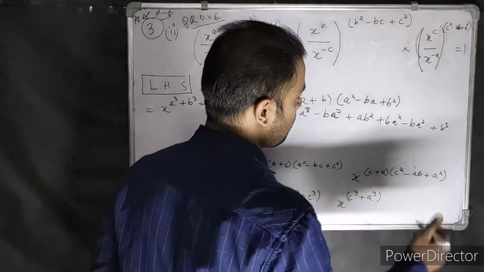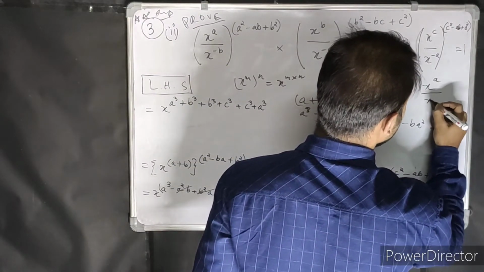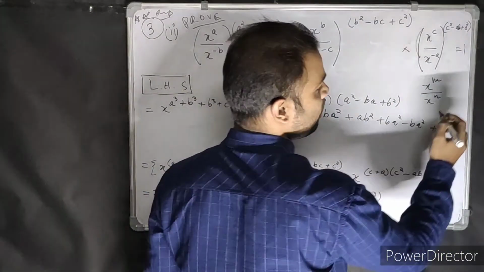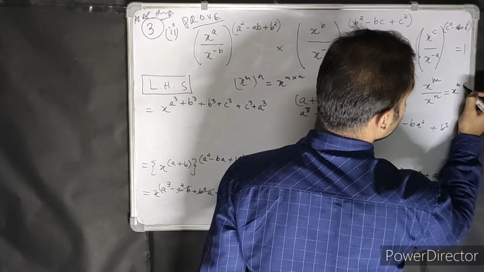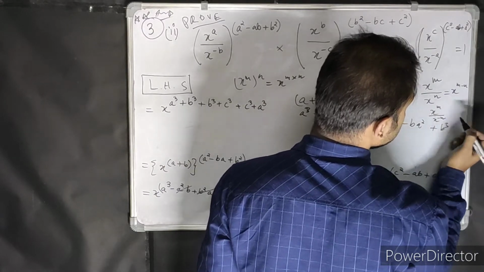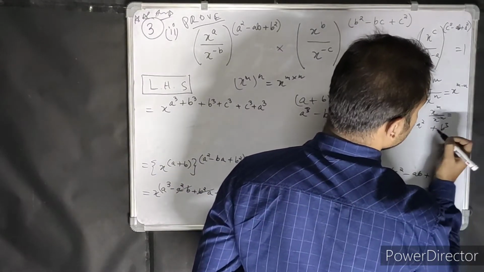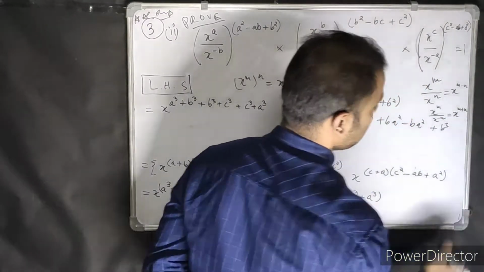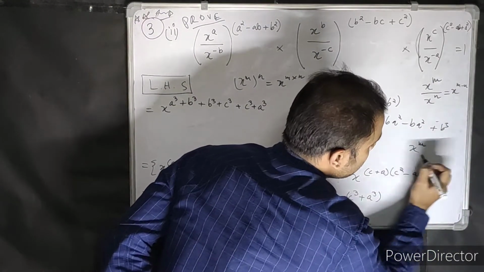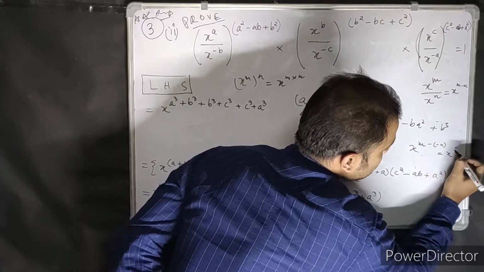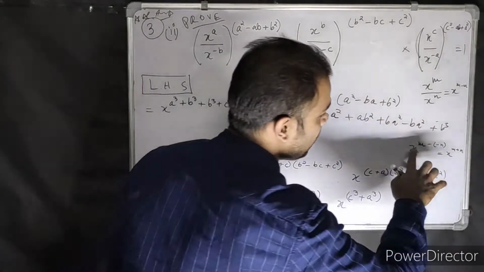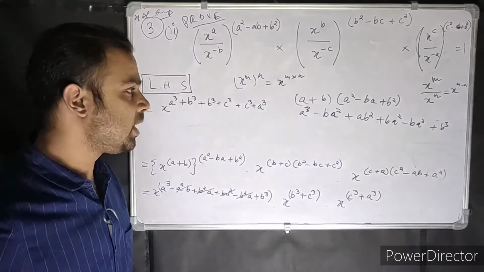It's like this. X to the power a by m, and it's the same thing. x to the power m by x to the power n is actually x to the power m minus n. So if you have x to the power m divided by x to the power minus n, then what happens? You see, it becomes x to the power m plus n, right? I can also show you another way. If I don't want to do it that way, and if I want to do it some other way, it will come m plus n.